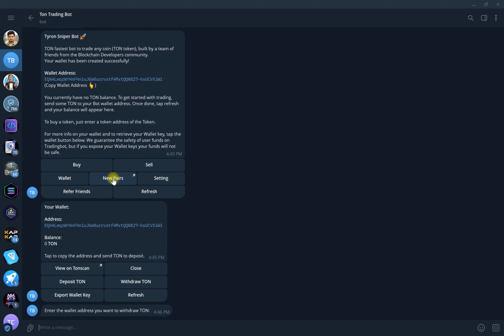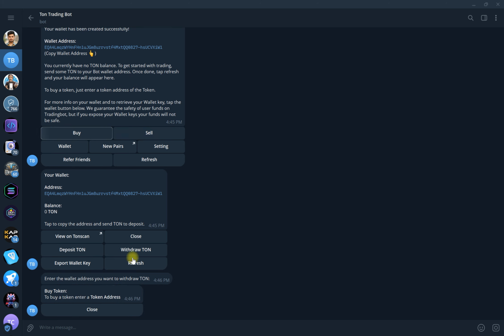Here you can see all new pairs, and if you want to buy new pairs on the TON blockchain, here is the option to buy. You have to paste the token address. Let me